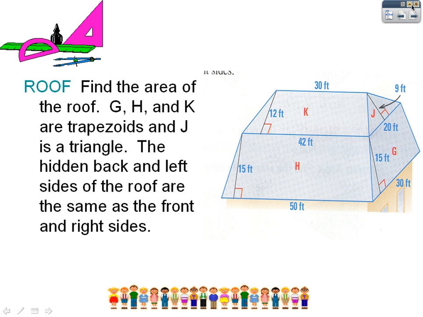And we know they come in pairs, don't we? We know that we've got this front piece and then a piece on the back that's just like it, so we could double this area. We got this piece and a piece on the other side just like it, right? So we could make this a lot easier than all this. Right? Okay, let's try